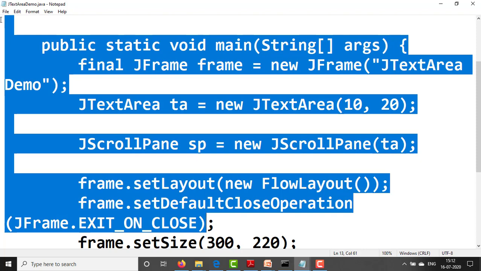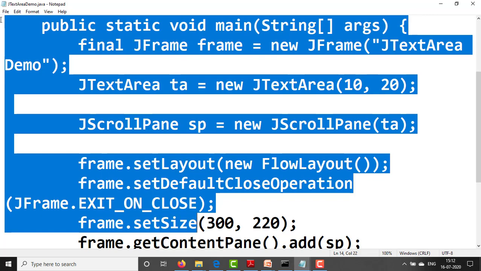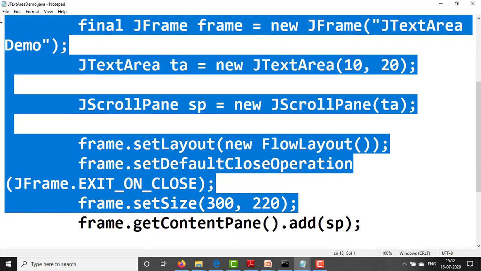It closes the frame when we click on the close button of the frame. Next, for setting the size, frame.setSize(300, 220), semicolon.